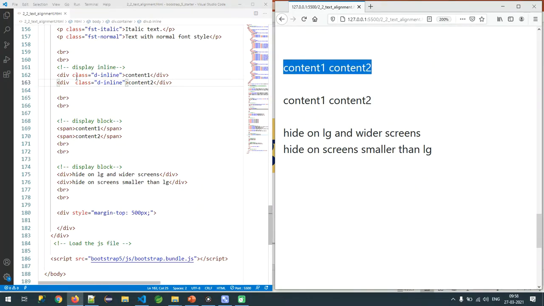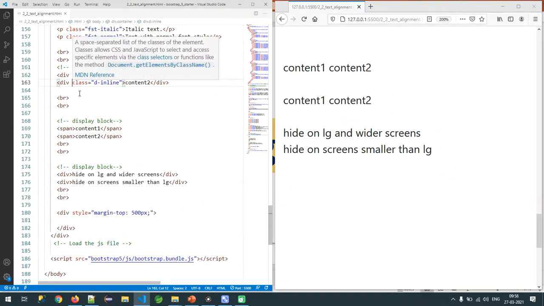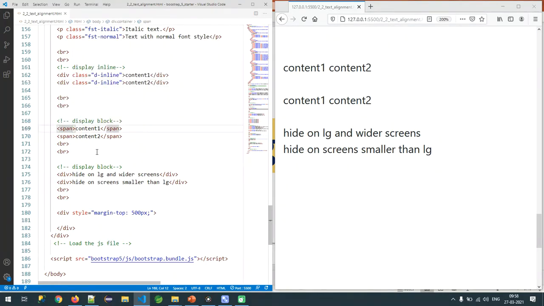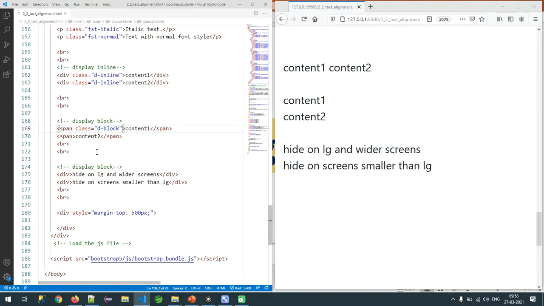Why? Because right now we are telling the browser, please consider these two elements as inline elements. In the same way, I can convert any element to a block level element. Observe for this one, what is the class I am applying? Block. So automatically your span moves to the next line. In the same way, observe I am configuring the next span also.